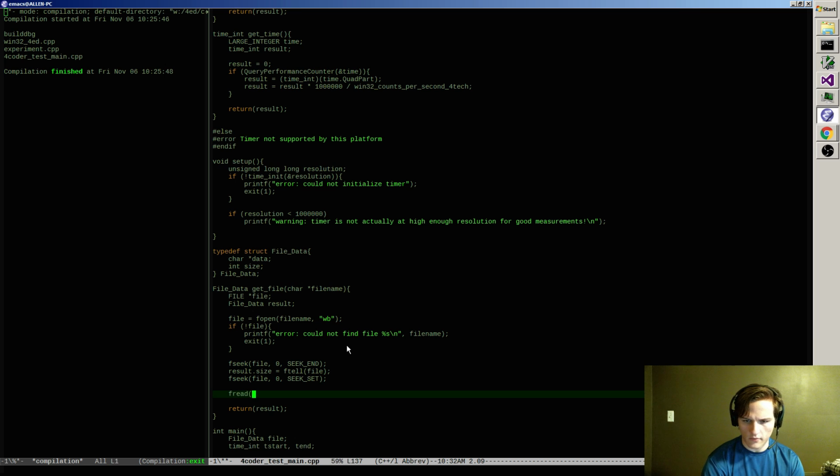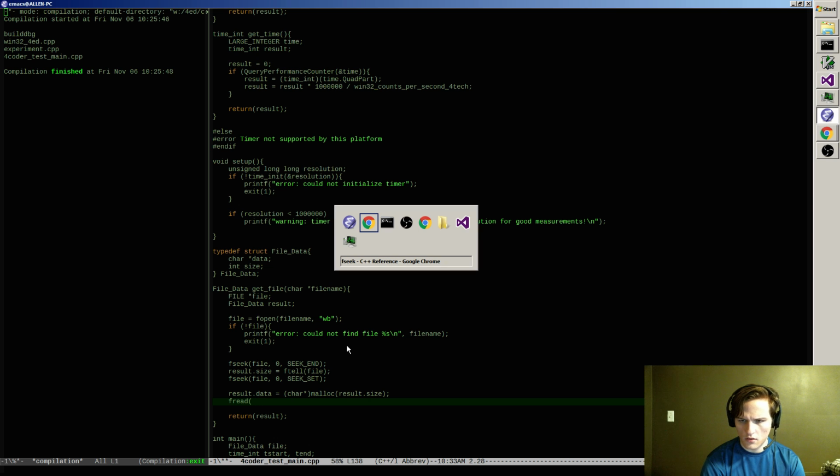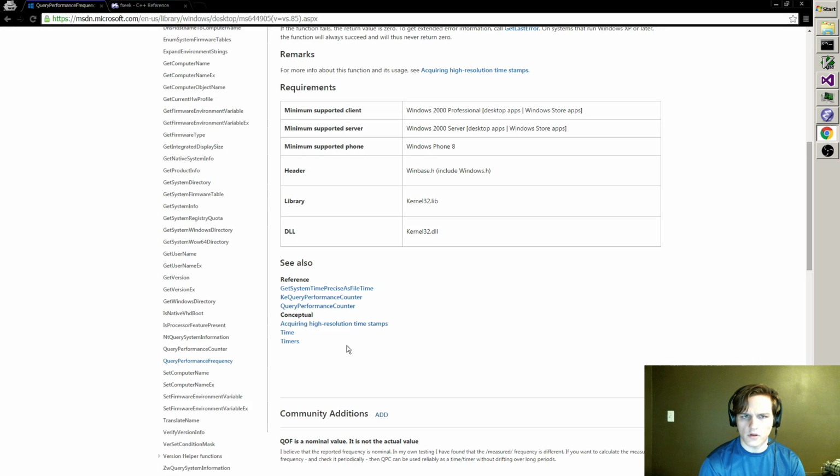Then I need to read in. Wait, I need to malloc some stuff. So the result data equals malloc result size. fread in. How does fread go?